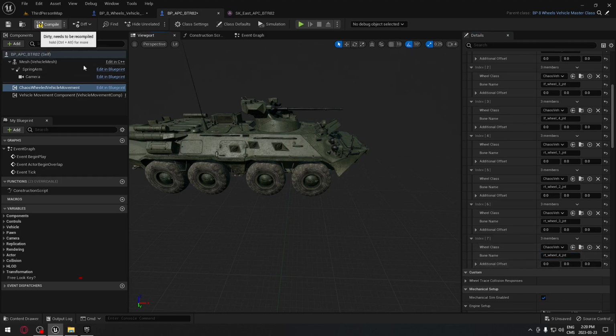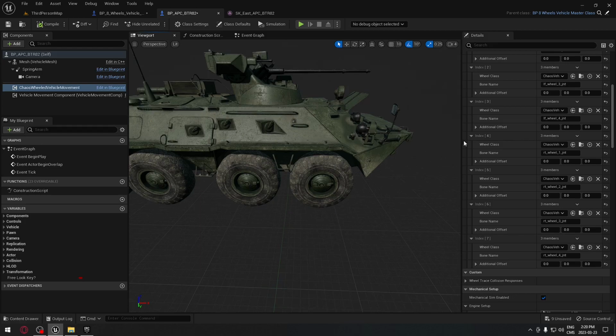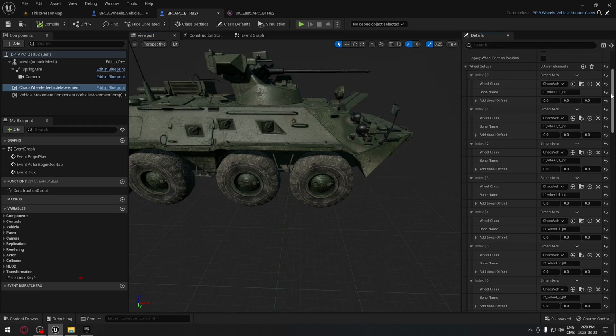There we go. So now we have all our wheels matching our skeleton bone. The other thing that we need now is creating the wheels for our vehicle. So there's 2 ways that you can go about the wheels. You can create it manually, or the easy way, because we like that when it's easy, we can just click here. So here we have our cast wheel. If you click on this, we have the front wheel and the rear wheel that we did for another vehicle. So now we're just gonna